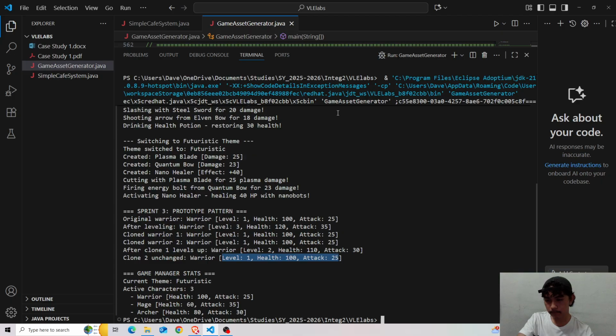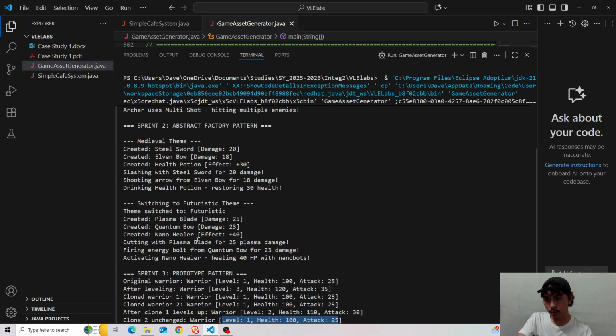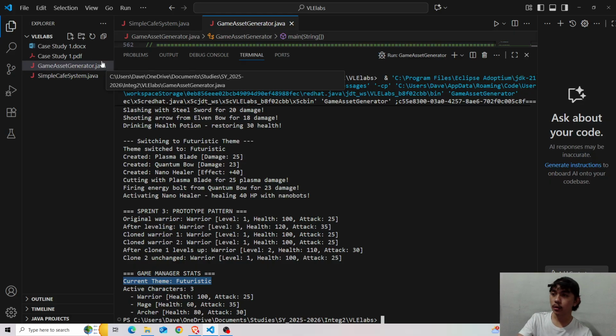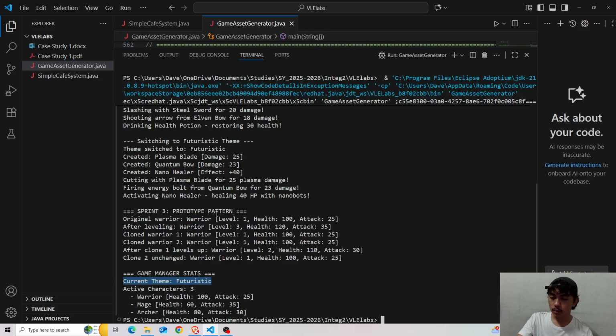And then yeah, we have then called the game manager stats, which we passed through the singleton design pattern. Okay, when we call the game manager stats or the show stats, which was passed through in which we have applied the singleton pattern, here we can see the current theme.